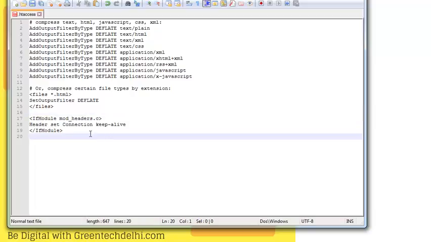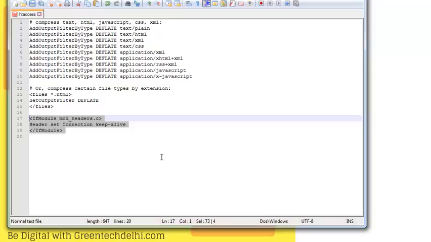Then there is a second method that is called keep alive. You can enable keep alive on your server. Keep alive is the method by which you avoid multiple connections that get created between the browser and server for multiple files that are on a web page. A single web page contains multiple files, and for accessing those multiple files, the browser has to initiate a connection with the server for each file every time. So to avoid multiple connections every time the browser wants a file,